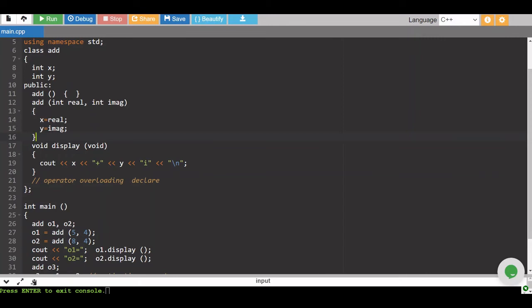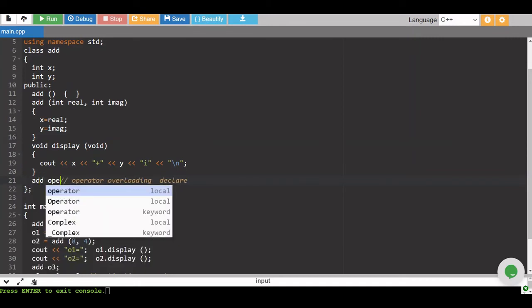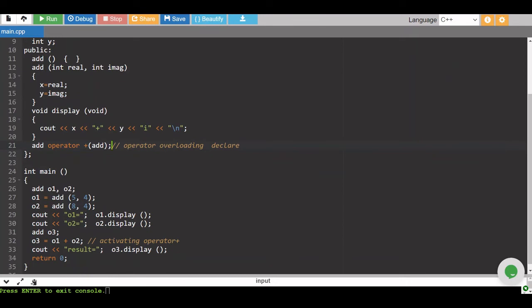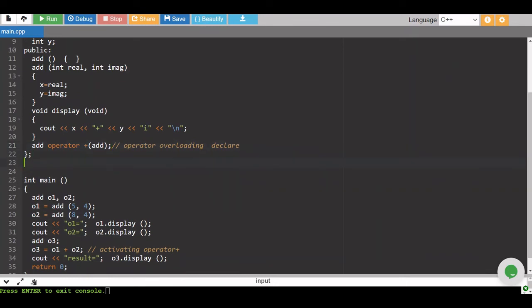So now what I have to do, I have to declare my operator add over here, like class name, operator, addition sign, and then add. Always remember that you have to pass one argument in binary operator overloading while using a member function, whereas you have to pass two arguments in binary operator overloading using a friend function.